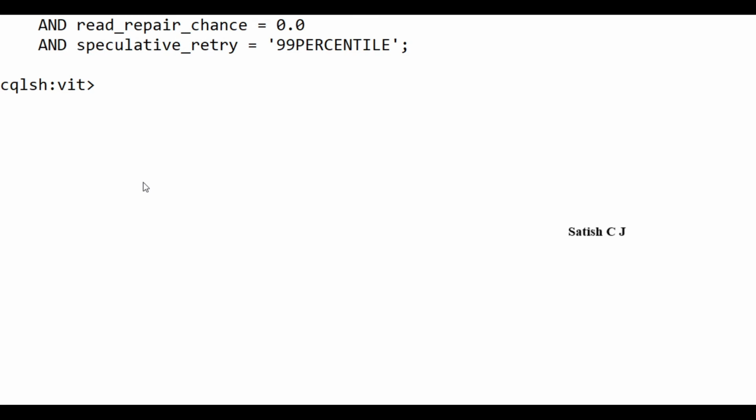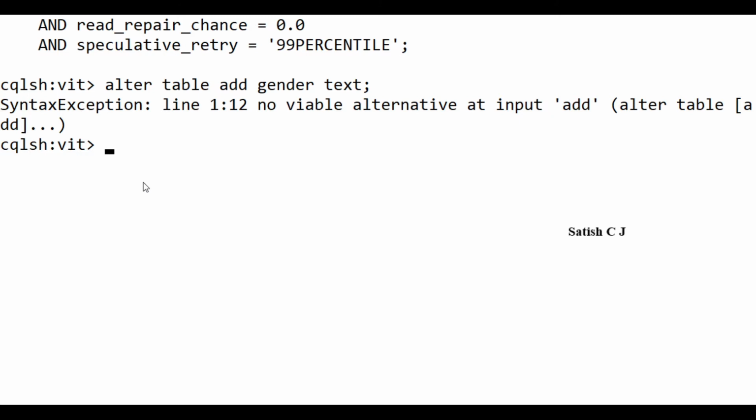And suppose you want to add another column to the table, say a gender column. For this I have to use the alter table command. Alter table, add the column name gender, and what is the type of this? Let's say this is of type text. So alter table, add column name and data type. Okay, I'm sorry, this is wrong because I'm missing the table name here. It's alter table employee, add column name gender, and the type of gender is text. So we have added this column.